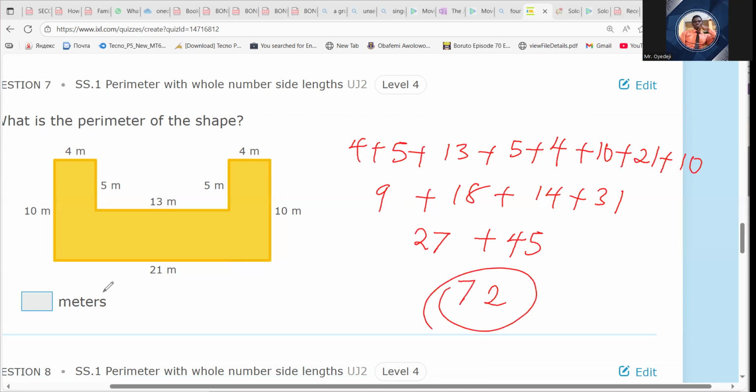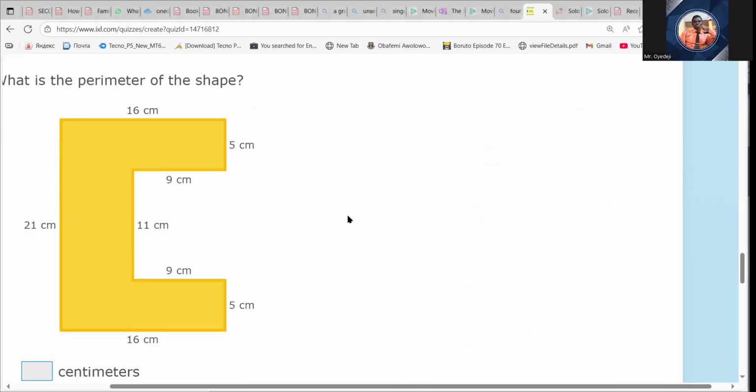Let me do another one. I want us to cover it to make sure that it is well covered. This one, remember, is either you go this way or you go the other way around. So 16 plus 5 plus 9 plus 11 plus 9 plus 5